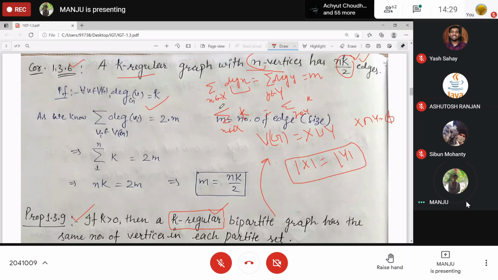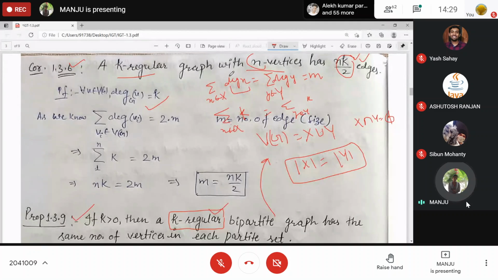Suppose there are 3 vertices in X, so degree of x1 plus degree of x2 plus degree of x3, so k plus k plus k, that is k into 3. 3 is the cardinality of X. And if here the cardinality is 2, then it will be k plus k, 2 into k, that is the cardinality of Y into k. Clear?